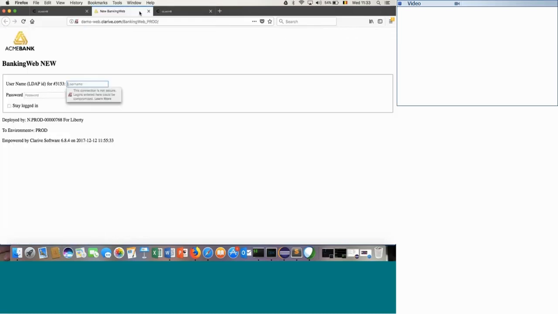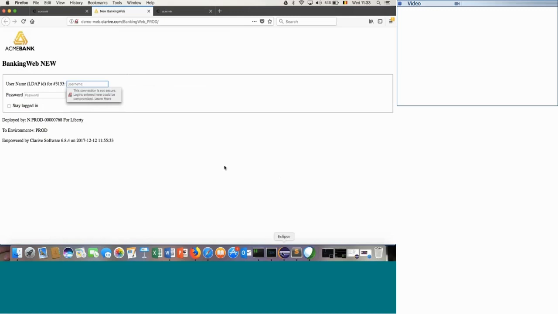So I have here a small application. It's a WAR file that has been deployed, so that's the index file of that WAR file that I'm going to change now as a developer. And I want to do that in a continuous way. It means that I want to make a change when I commit to the repository and push. I want Clarive to be triggered to pick up that revision to start the build and deployment to the development